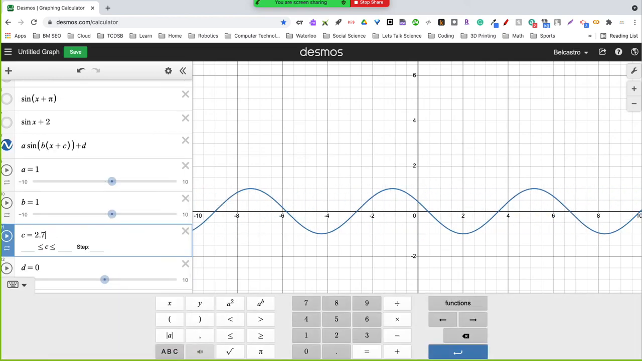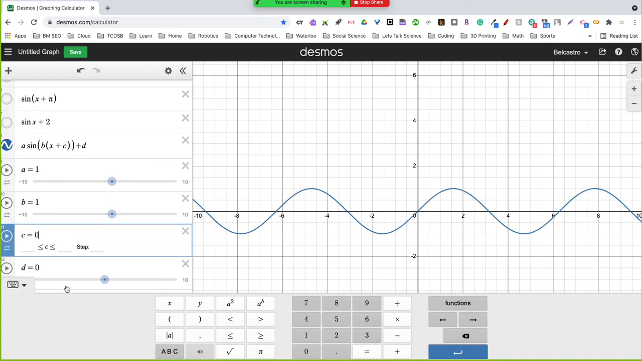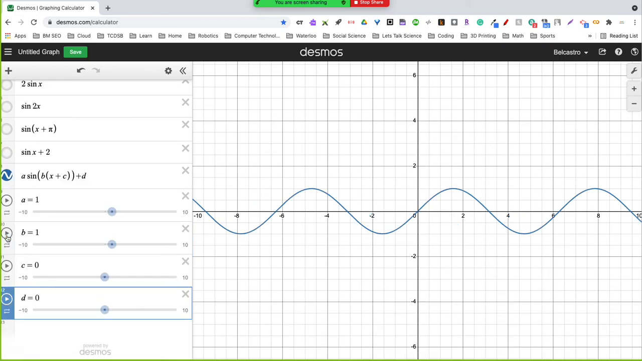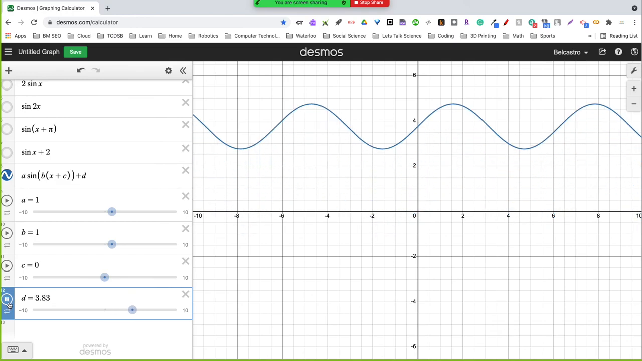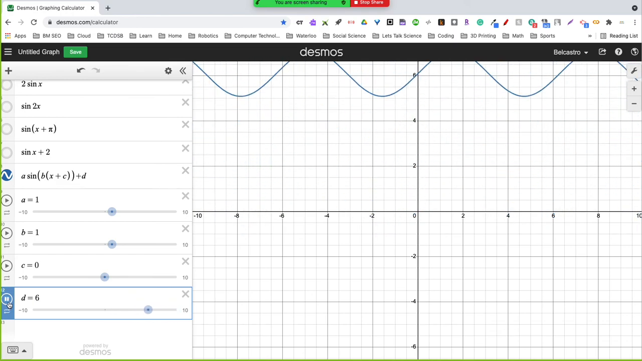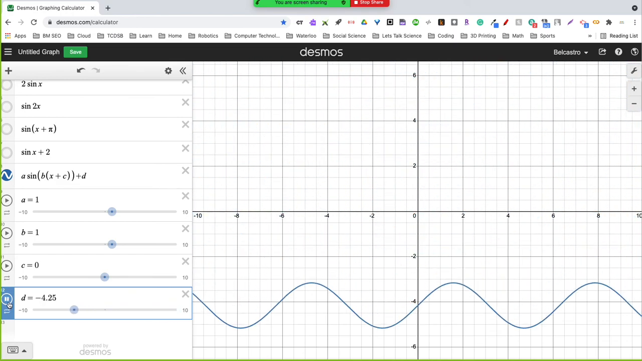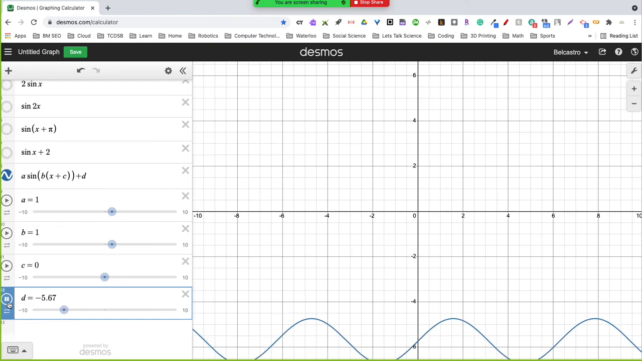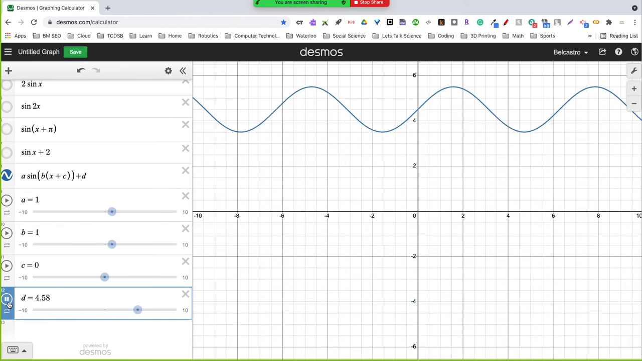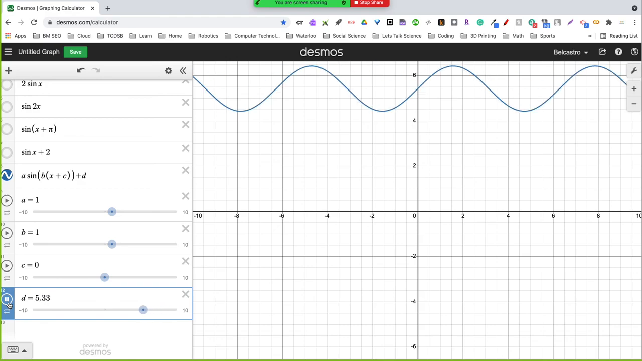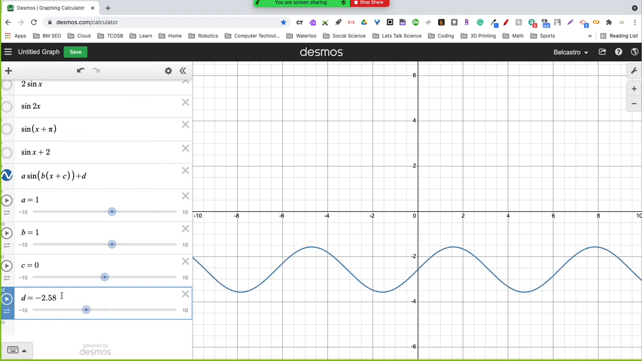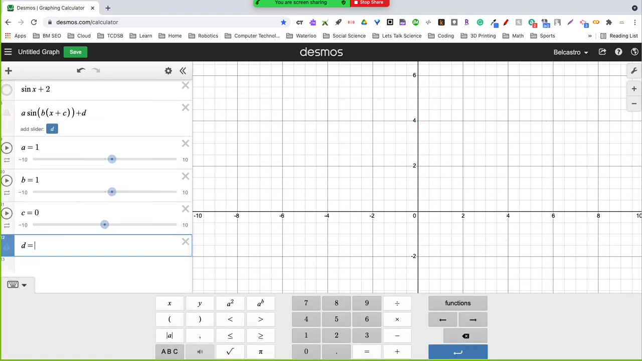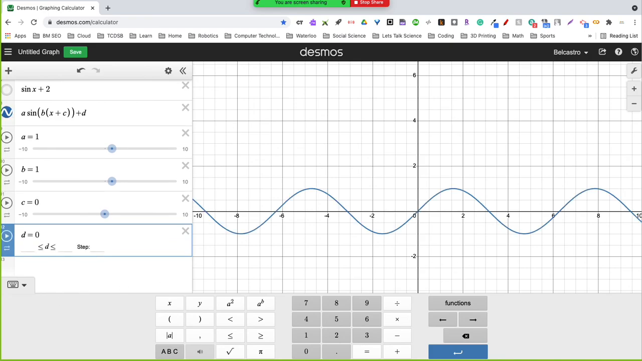And then finally, let's give this 0 again. We have d. This gives you the vertical translations, so moving it up and back down. So the actual frequency of everything stays the same. It's just the vertical translation of the object going upwards if the number gets higher, or heading back downwards as it gets lower. And I'll put that back to 0. Okay, so